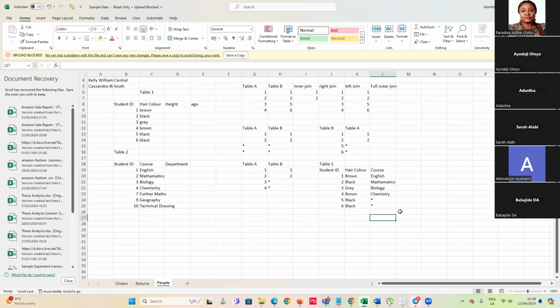Yes, but what of the ID numbers in table 2? You are just joining this to your left table, this is what you want to see. When we say left join, it is that. If you want to see everything, you say full outer join. If you just want to see